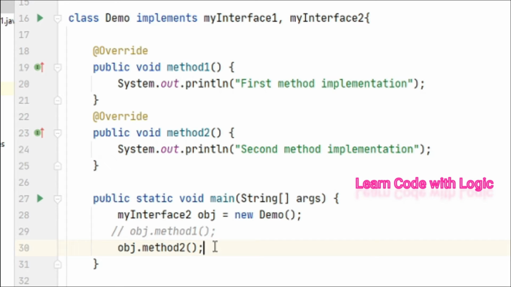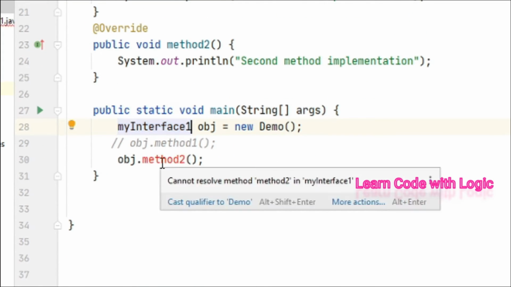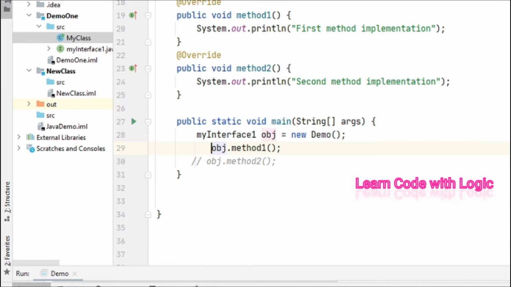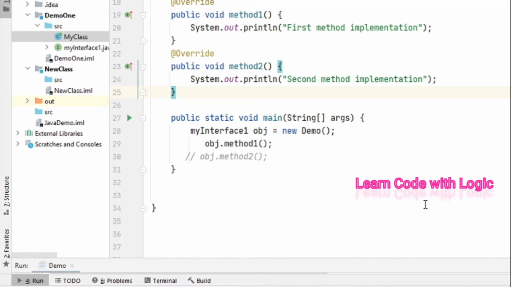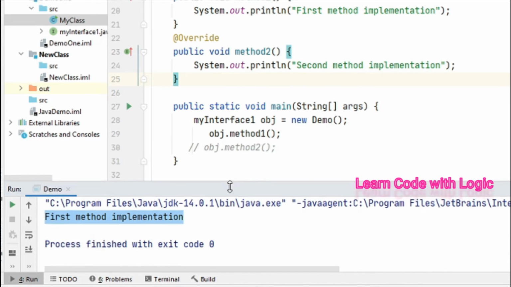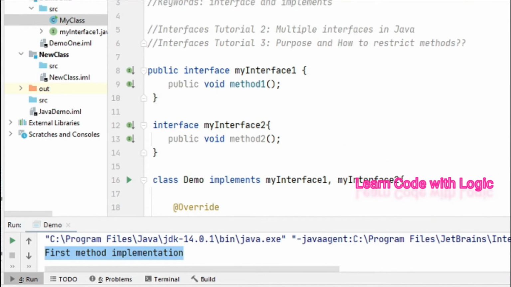Where there are many methods, you can give access to only a few methods and you can restrict some of the other methods. Even if you want to access the other methods, the compiler immediately throws an error. You can also try and check for interface 1. Look, now this one is showing an error. That is the main purpose of interfaces. I hope you understand the concept very well. If you still have doubts, you can follow my tutorial from the beginning, at least from interfaces tutorial 1, so that you will catch up on everything.